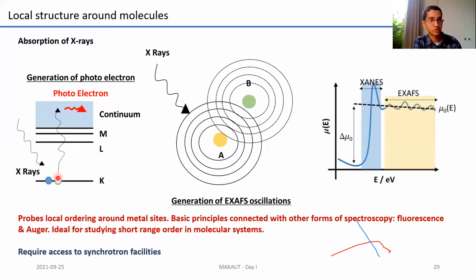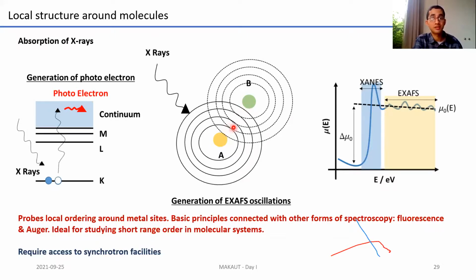When the core electron is knocked off and jumps up, what is generated, in physics, is known as a photoelectron. This photoelectron starts radiating from the atom and it goes and hits the neighboring atom. Apologies for making this sound very simple. It's not exactly this simple, but this is a nice phenomenological way of understanding. The X-rays hit the atom, the atom starts radiating photoelectrons, the photoelectrons hit the second atom, and this starts radiating something back.